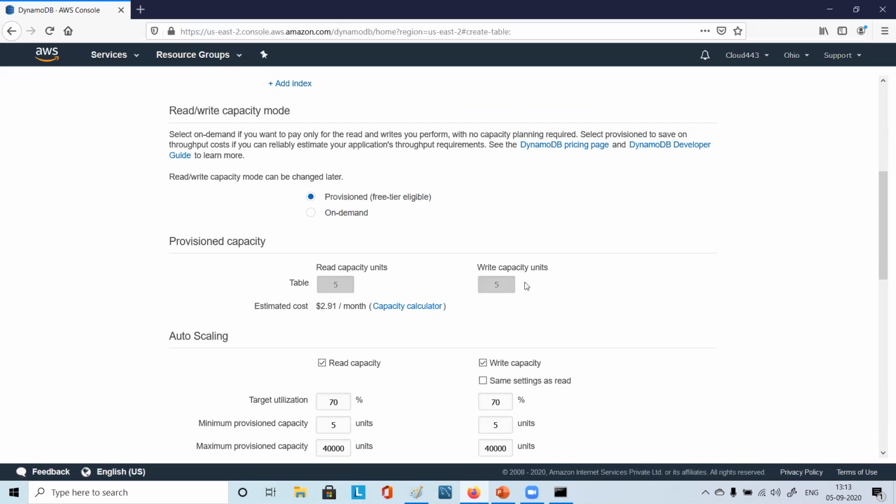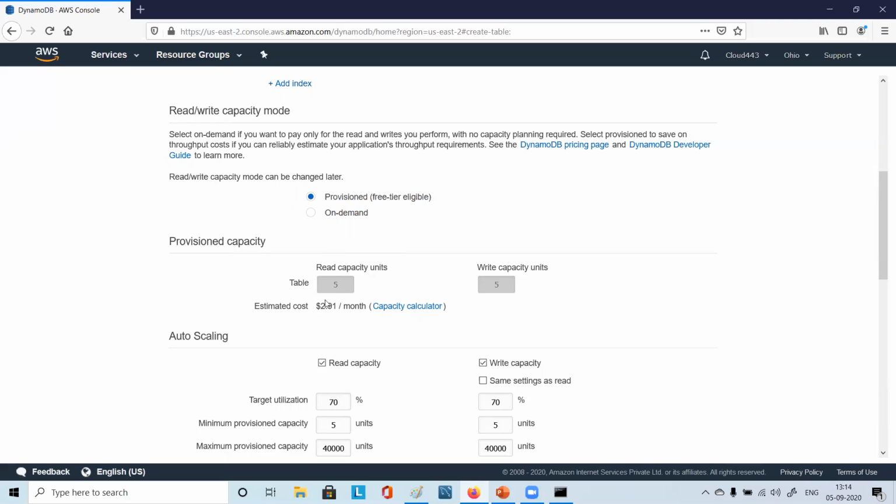How many times will it write, how many will it read? Yes. But they have differentiated it and given that name, right? It can be a little bit variable based on the size of the file. Say you have some item, some data, some file which is 2 KB, 3 KB, less than 4 KB, correct? If it is less than 4 KB, one RCU can perform one read request per second.